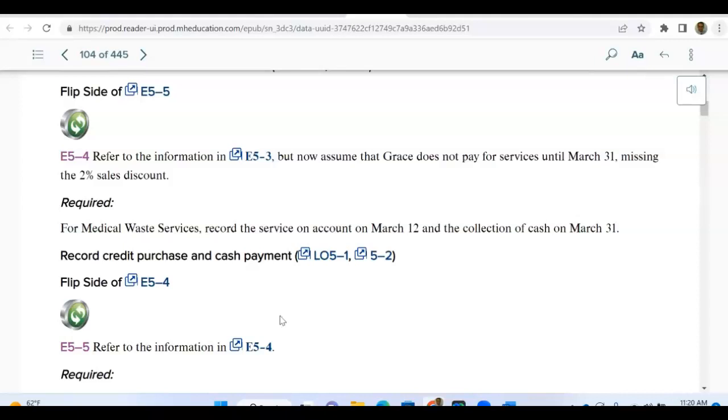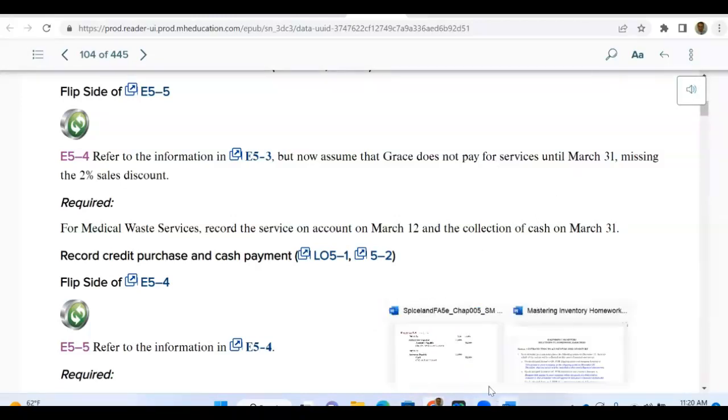Actually, let's do number 4. It's interesting. It says, refer to information to 5.3, but now assume that Grace does not pay for service until March 31st. So what do? The same problem, but